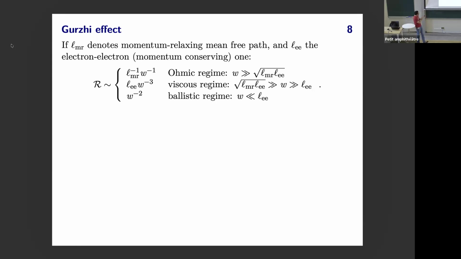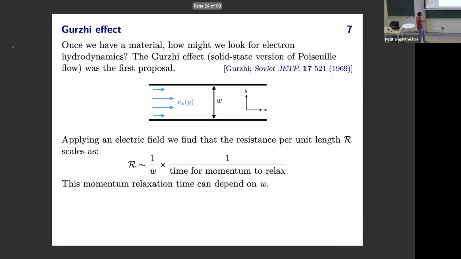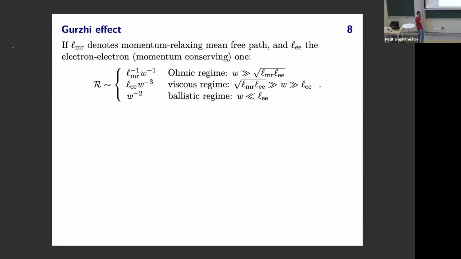There was a question earlier about ballistic transport. This is what happens when the width of the device is so tiny that even the electron-electron collisions are negligible. In this regime, the particle basically just bounces from one wall to the other. And the resistance, basically this rate, is just 1 over W, the time to bounce between the walls. There are subtleties in this story that I'll sweep under the rug, but morally this is the answer. And so in principle, this looks pretty promising. We have 3 different scalings with width. So if we make a bunch of samples with different widths, we can try to ask which of these regimes we're in.